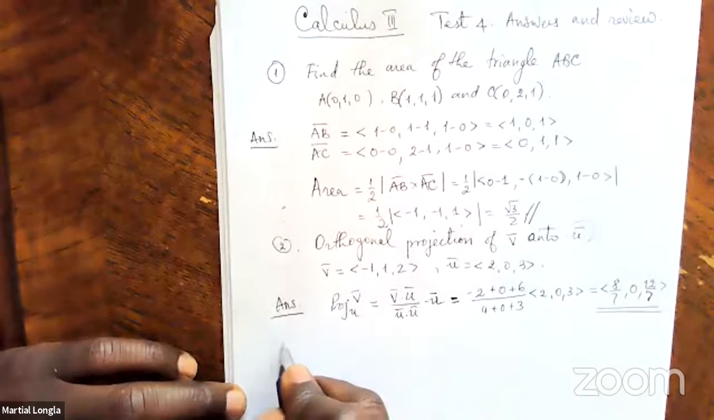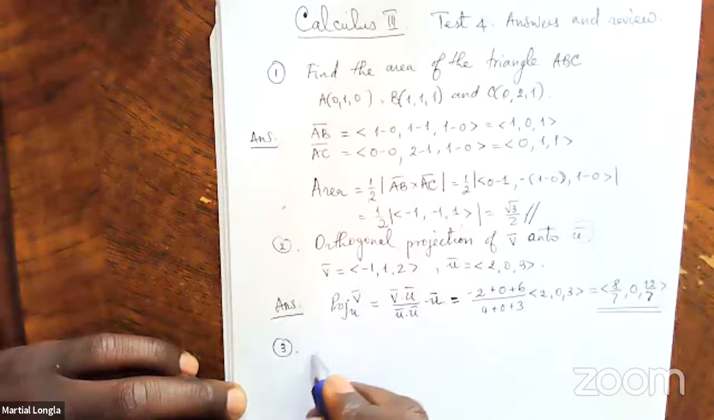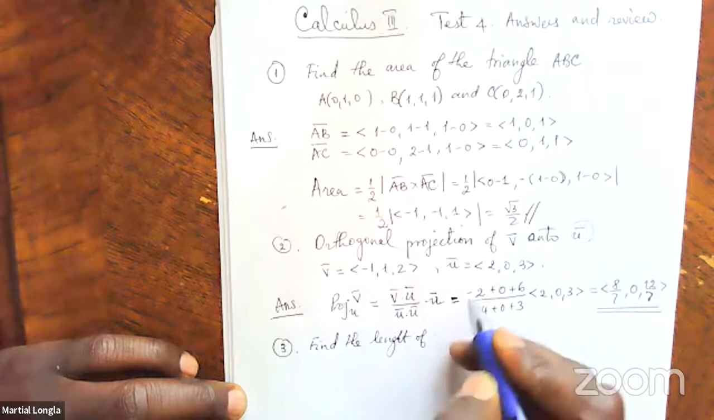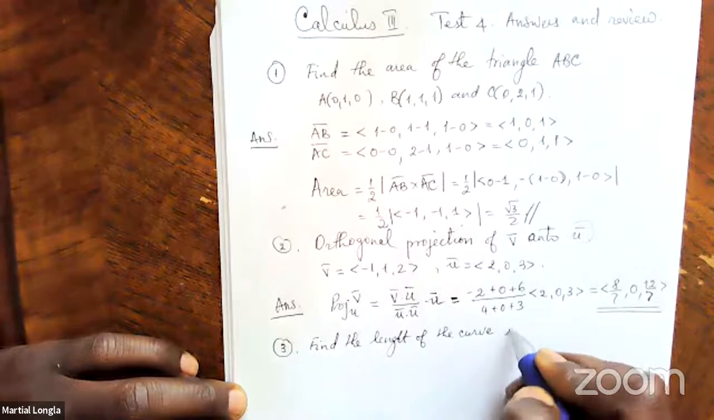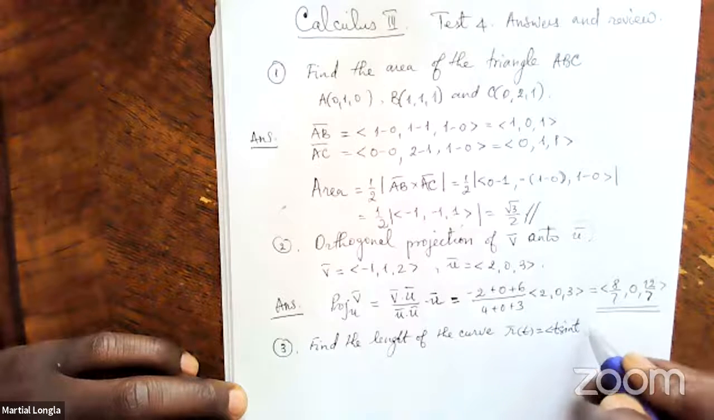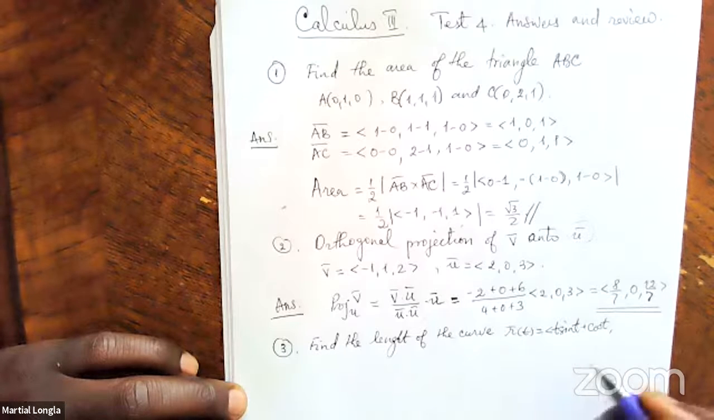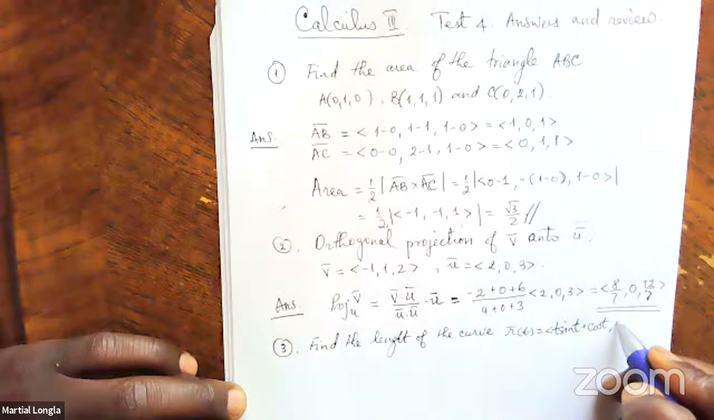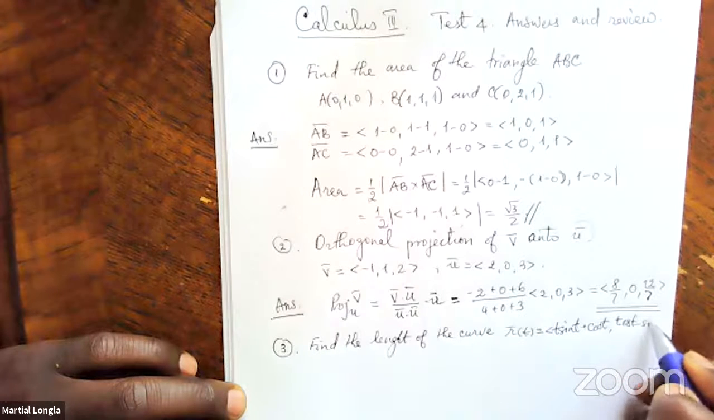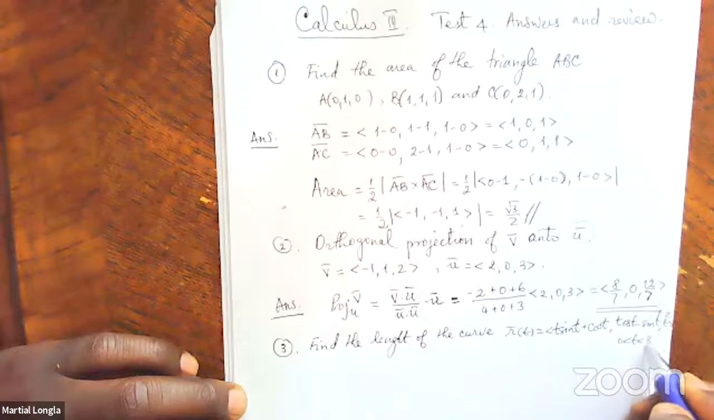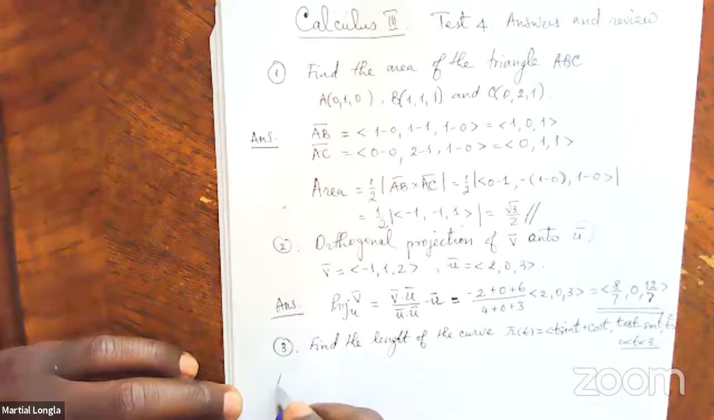In question number 3, you were asked to find the length of the curve r of t equals t sine t plus cosine t, t cosine t minus sine t, and then t squared, for 0 less than t less than 3. This exact problem was solved twice during the lectures. And the answer is